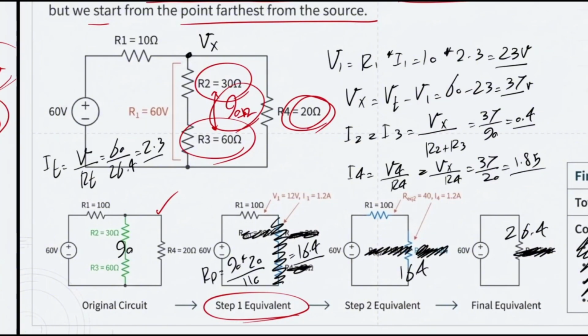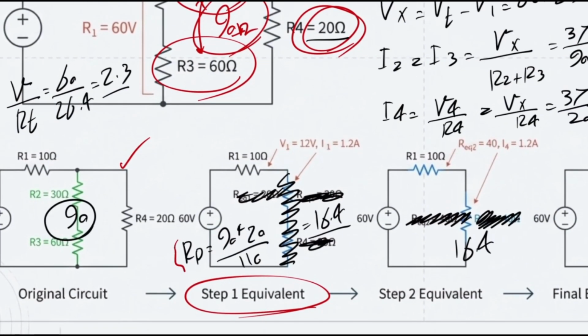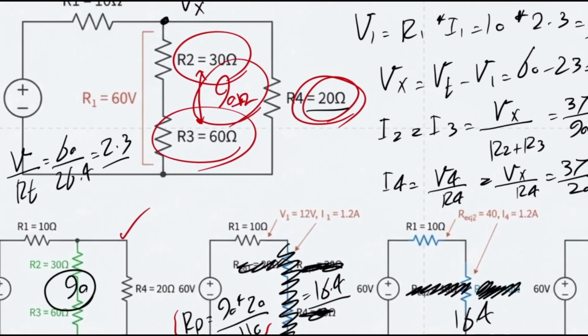As I was just talking about, R2 and R3 are going to be in series. So if you add them up, your final answer is going to be what? It is going to be 90 itself. So this 90 is going to be in parallel with 20 itself, right? So 90 in parallel with 20 would be 90 times 20 divided by 90 plus 20, which is going to be